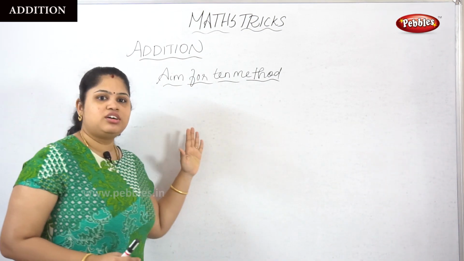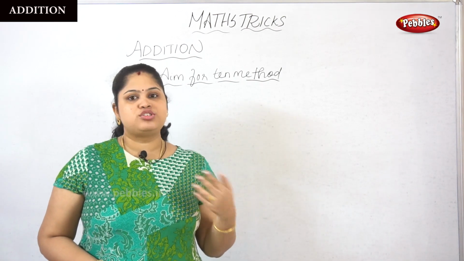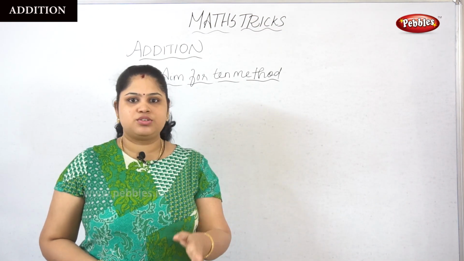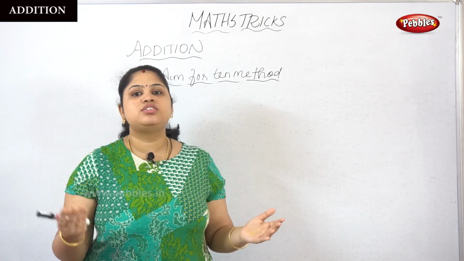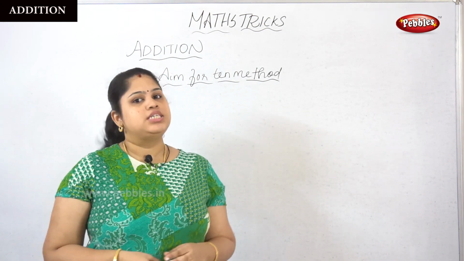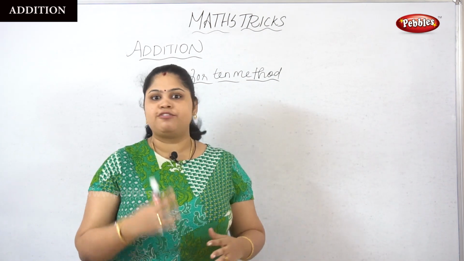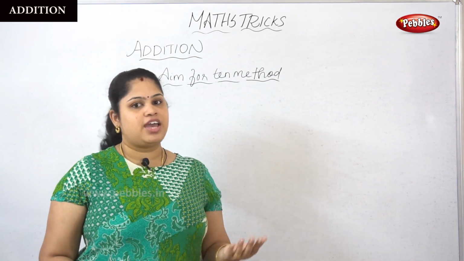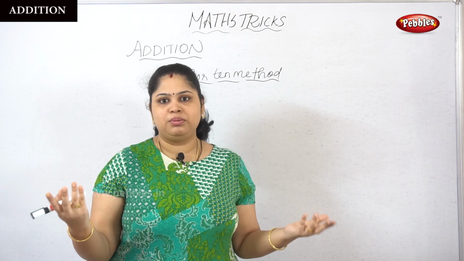You may think addition is very easy. Yes, of course, multiplication is also very easy when it comes to small digits, like 15 into 4, 20 into 5. When the numbers are small, whether it is multiplication, addition, division, subtraction, or applying any formula, it is very simple. Whereas when it comes to very large digits, like 5324, or 10,234 plus 10,564,